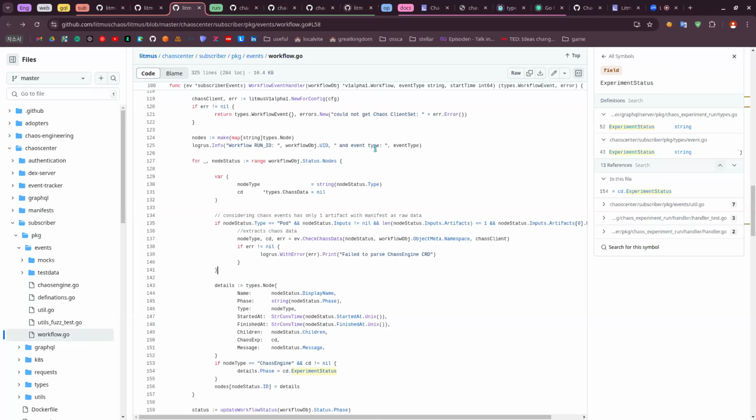So whenever this chaos fault step is complete, right, that would be one event, an update event for the workflow, because the step is completed. At that time, we also need to check the status of this chaos engine. But I think that would be the failed or pass event. But you are looking for the running status. For the running one also, it would be an update event, but for the workflow. So